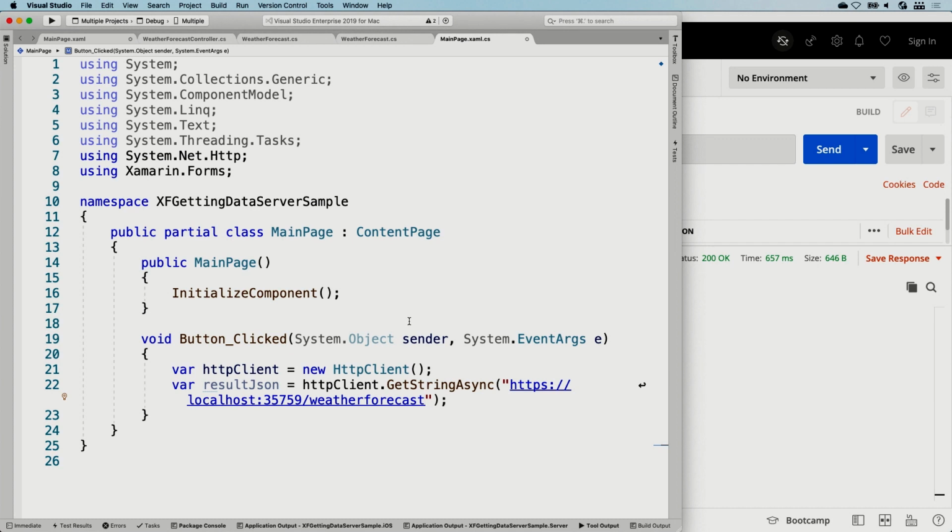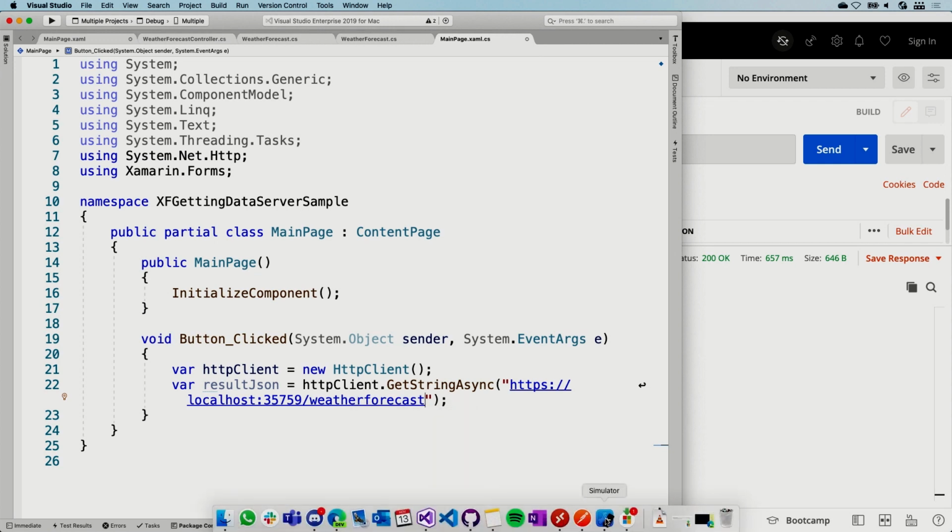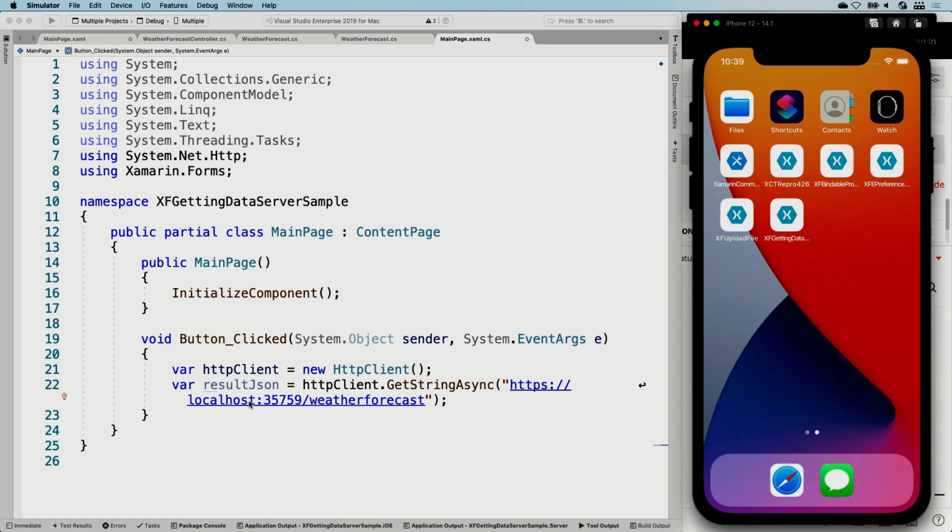But that's not the way it entirely works, at least not for local development, because whenever you run localhost for Postman, Postman and the server are now running on the same machine, which is this Mac. But whenever you start running on our simulator, then whenever you try to reach localhost, then localhost is suddenly this iPhone 12. That is not something that you want, so you should figure out what your local IP address is